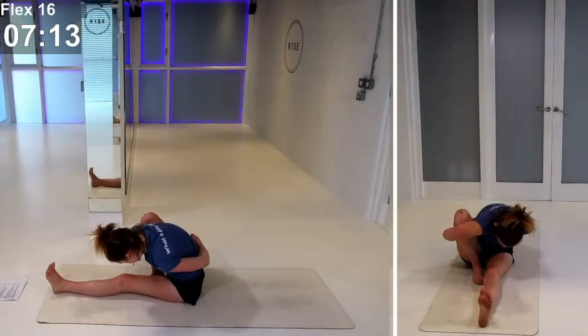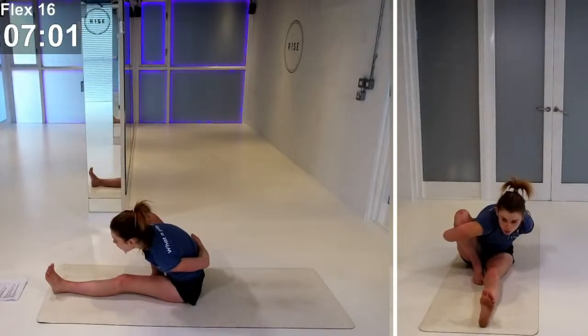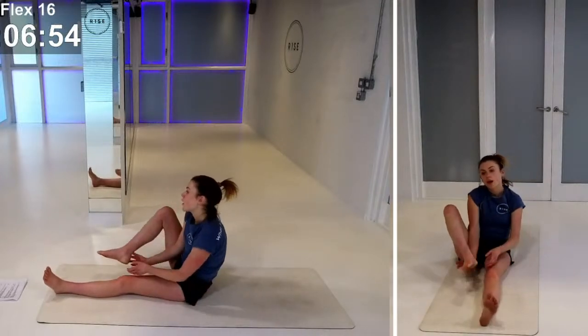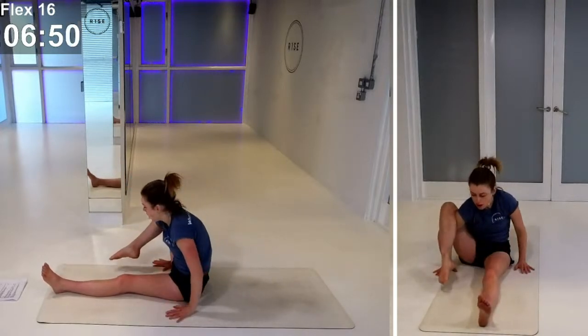Inhaling. Exhaling. Well done for 3. Relaxing down, stretching out. Deep breath in and out. 2. Well done. 1 more inhale. Exhale. Perfect. Releasing that. Going to take the right foot over the right shoulder, the right hand down, and once